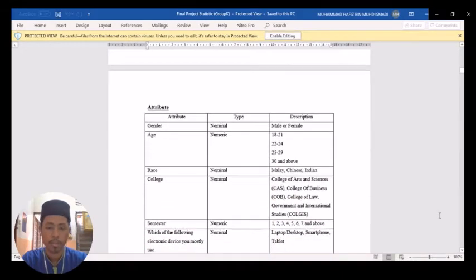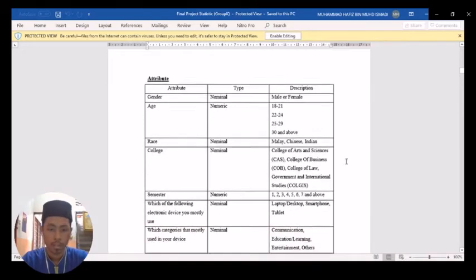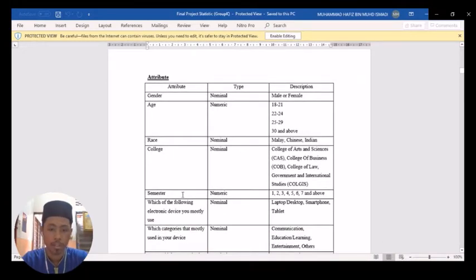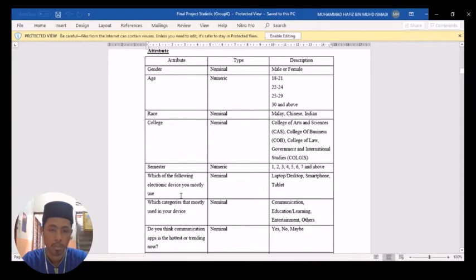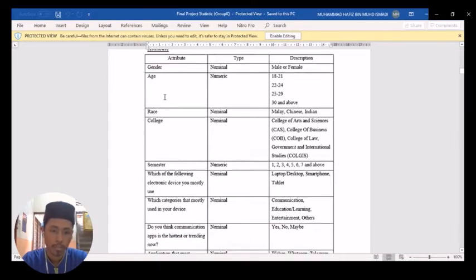For attributes, in this report there are three types: numeric, nominal, and interval. From the 20 questions, 3 are numeric type, about 14 are nominal, and 3 are interval. Thus, these are all the 20 questions that we asked in the Google Form. As you can see,